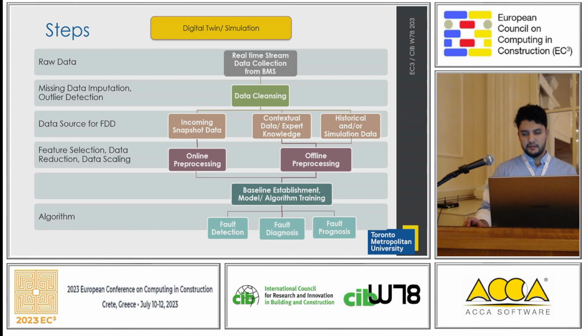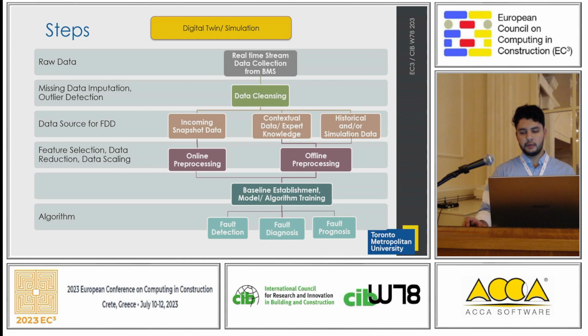The first step for FDD is the data collection process. Data collection can be done with the BAS, Building Automation System, meters, or other data sources like Internet of Things. The problem is that each building may have its unique BAS configurations, or unique database structure and data point naming. So we need to use standard communication protocols like BACnet and metadata schemas like Project Haystack and Brick. And these protocols support the data collection process.